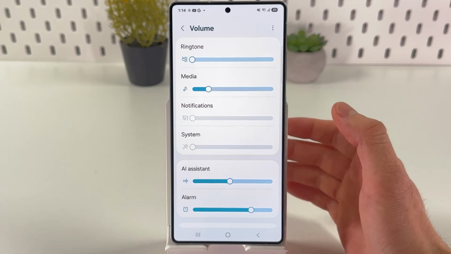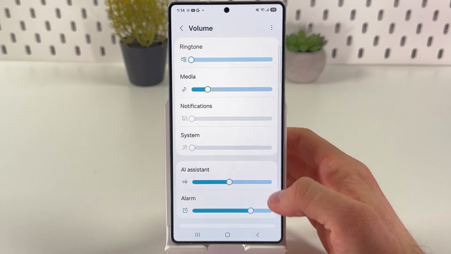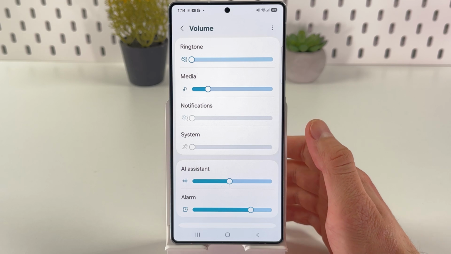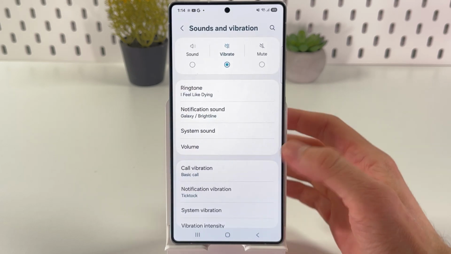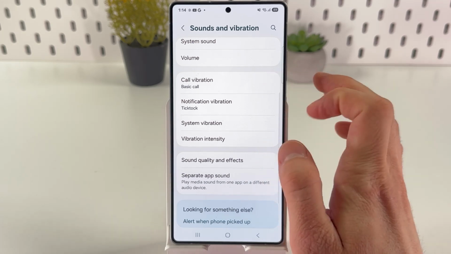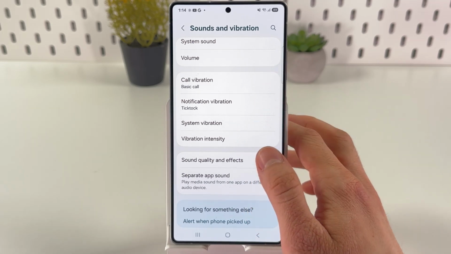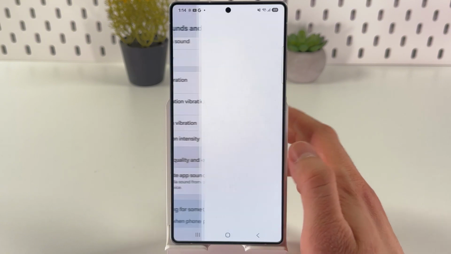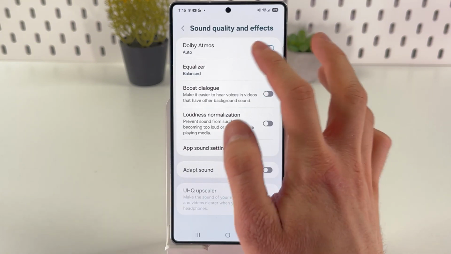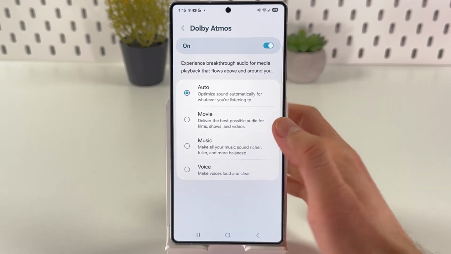Also, our volume for every kind of media which we have here, like ringtone, media, notification, system, AI assistant, alarm. As for the vibrations, you have call vibration, notification vibration options, system vibration, vibration intensity, sound quality and effect. We're gonna tap here. We can find our Dolby Atmos option, which I recommend enabling because it's a very cool